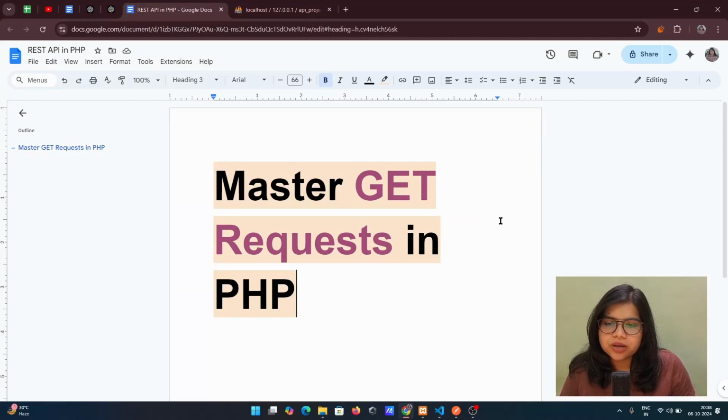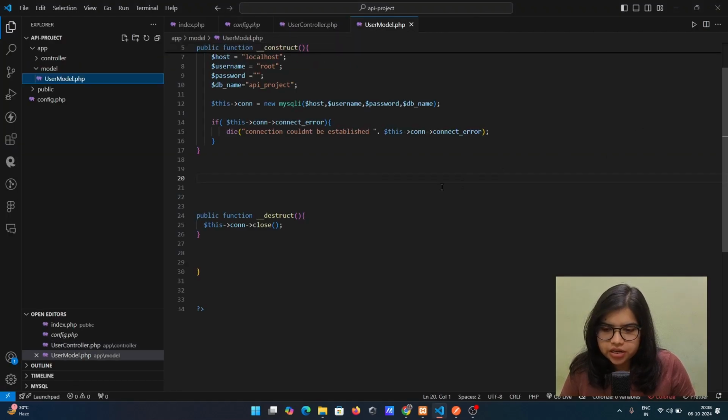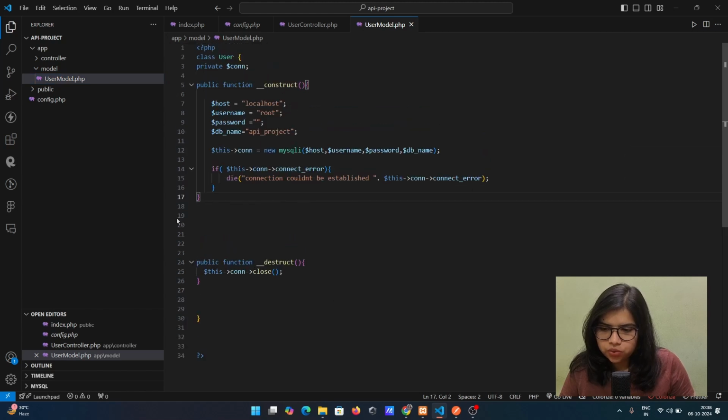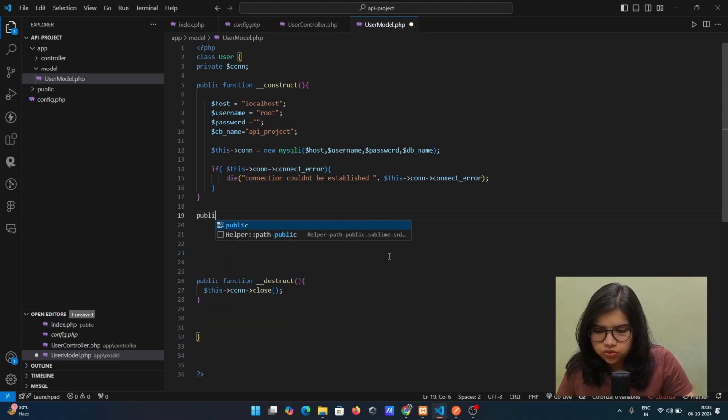Today we are going to master the GET request in PHP. In our last video, we had created the database connection in the user model file, and in this video we will continue and start our first GET request. Okay, so for the GET request in the model, we have created the database connection, but now we will run the SQL queries, and to do that we will first need to add a function